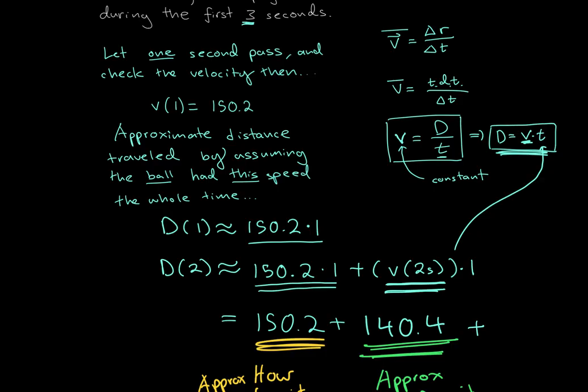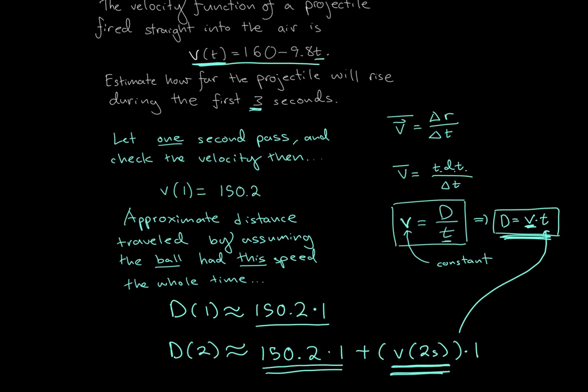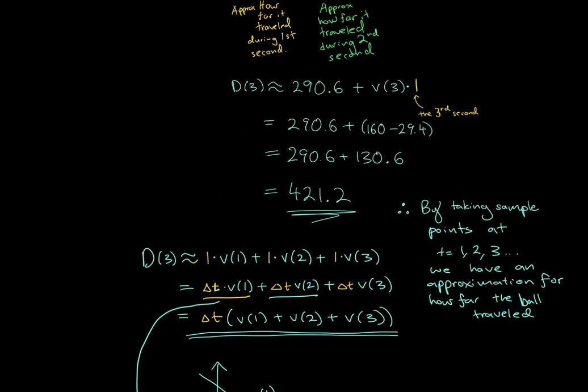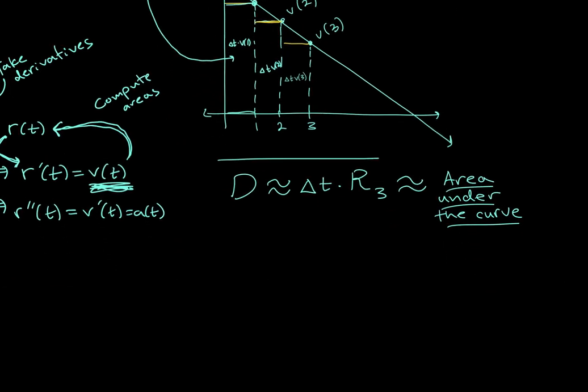That way, this velocity didn't have a chance to change much because we're only allowing it to change over a very small amount of time, which means the velocity is approximately constant over shorter instances of time, which allows us much more freely and accurately to use this formula right here, which only works for constant velocities. So what we could do to make the distance traveled much more accurate, of course, is to increase